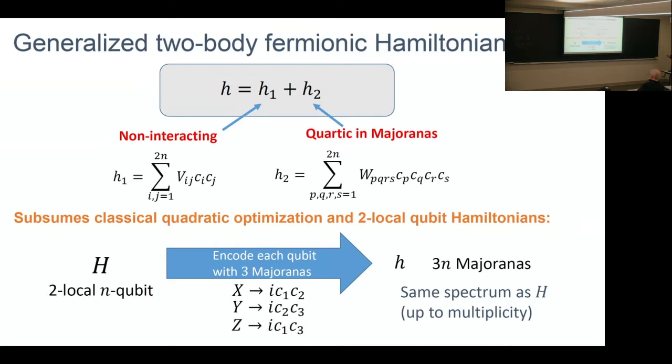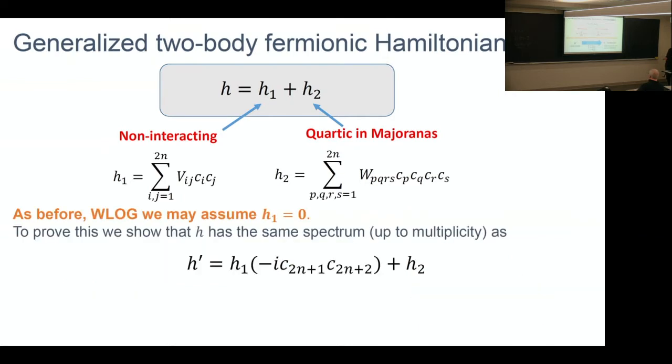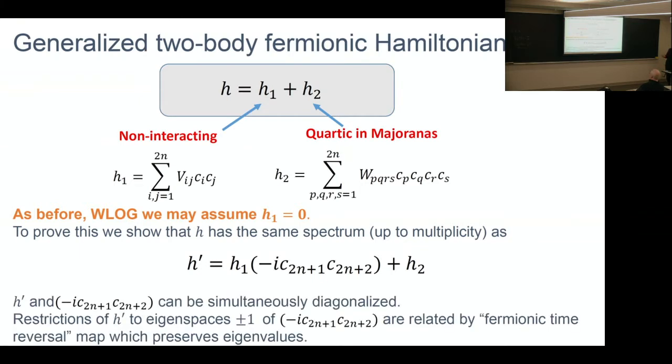Okay, so somehow this is the most general of the optimization problems that we talked about. Oh, and as before, you can get rid of this linear term by some kind of time reversal map. So in other words, there's always a Hamiltonian H prime which has the same spectrum as this, but which is homogeneous in quartic. Okay, so now we can ask these questions like, we have this quartic Hamiltonian, can we efficiently compute a Gaussian state which achieves a 1 over log n approximation ratio?